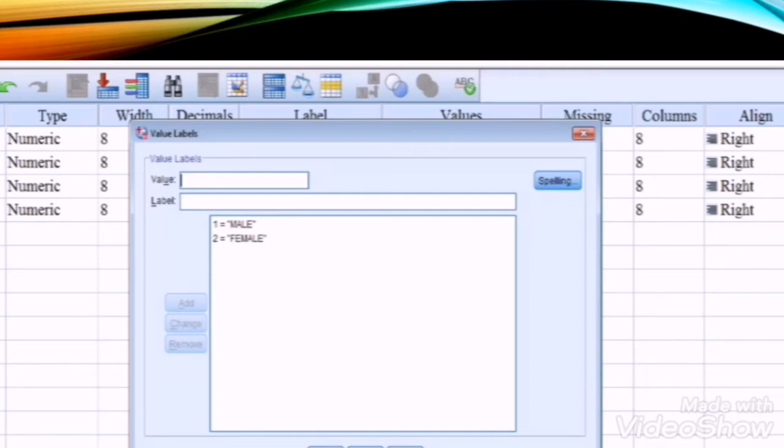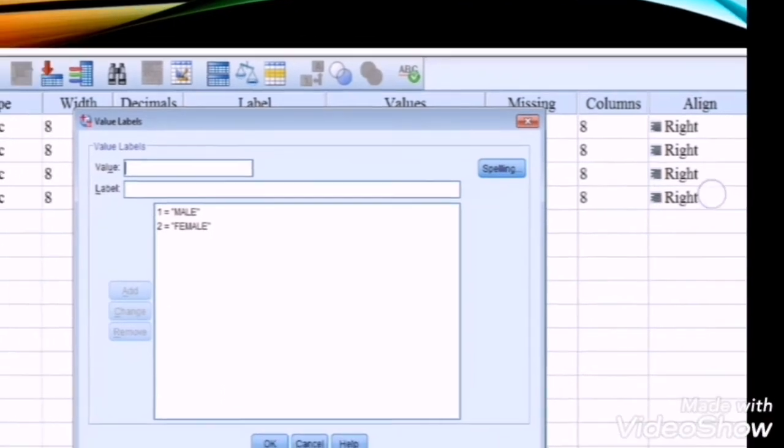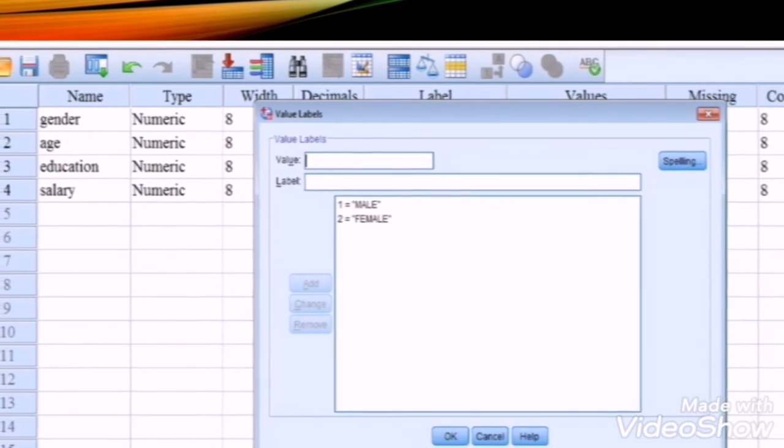Then the alignment is left aligned, it is default. We can even change it to right or center. This is as per your discretion. Then coming to the next one, scale. This is ordinal scale. Ordinal because we have used coding categories. We have classified the variables into 2 broad categories, that is male and female. So we are using numbers, and therefore the scale here is ordinal. Then the last column, as we had seen in one of our previous tutorials, is role. The role is input here, okay.